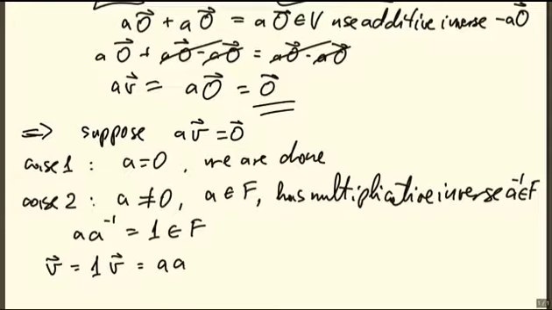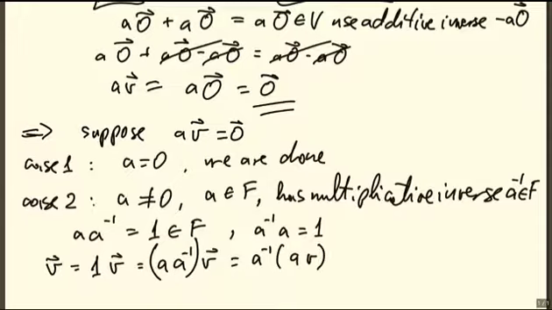And then now we substitute 1 with this A inverse A. Then we use this associative property that we can redraw these parentheses and write, and also actually there is a commutative property, maybe that's how I could have written down also that A inverse A is 1. So if I write it as A inverse times AV, then AV is assumed to be 0. So we have A inverse times the 0 vector,